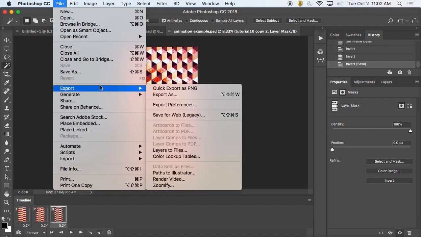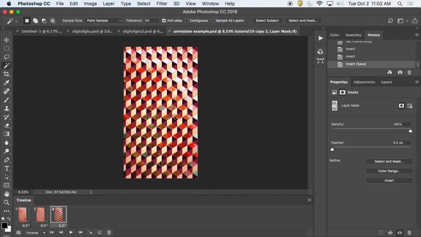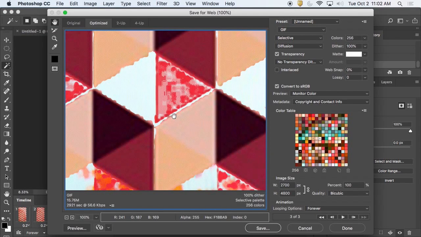If we go to export, we have to go to Save for Web Legacy. This is a very big file, by the way, because we're going to export this in a couple of different ways. So I need to scale this down to like 15%. Looping forever.